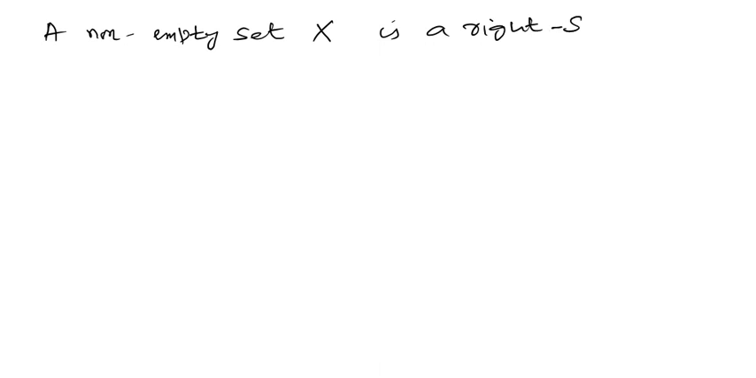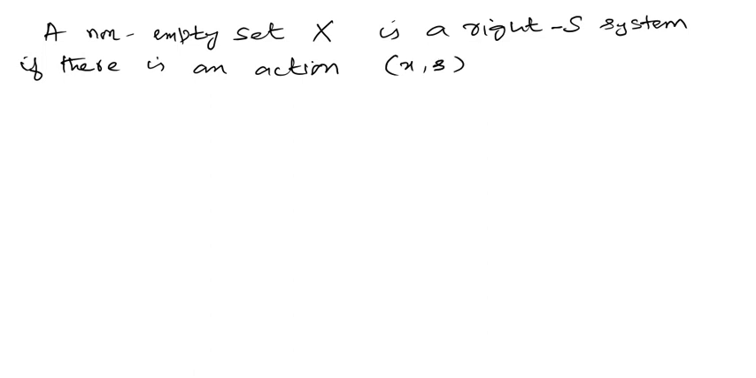A non-empty set X is a right S system if there is an action, which maps the pair (x, s), s the right side, that's the notation xs, from X × S to X,